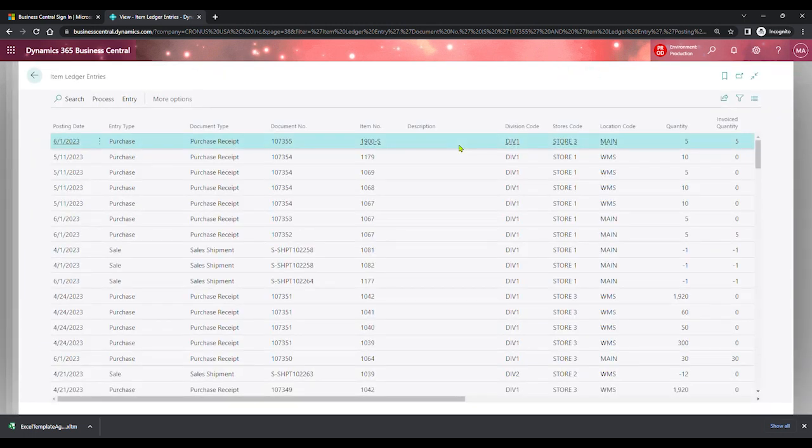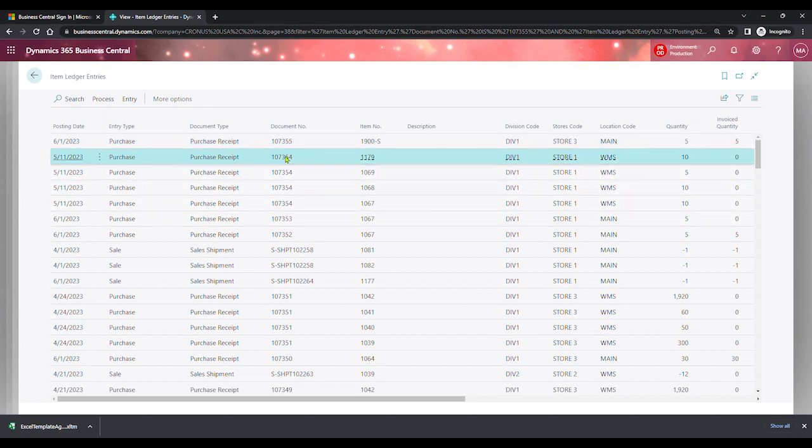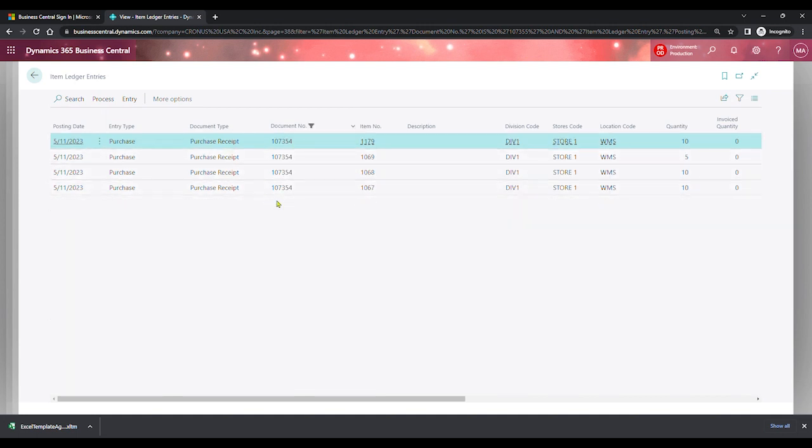Let's say if you want to look at all the receptions or the shipments, why not? Which items you have used, or transactions. So for instance, if I filter into this document, I see that I have a purchase receipt ending with the number 24, and why not filter to this value. You can use these filters, and I can see now all the items that were received through the reception 107354. That will be basically the idea. Now I want to show you, just to finish this part,